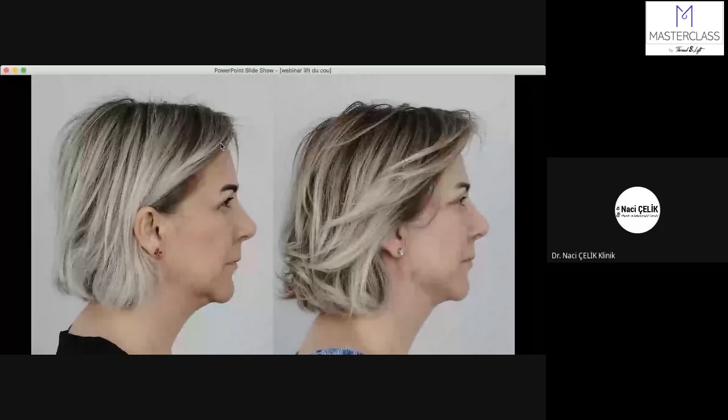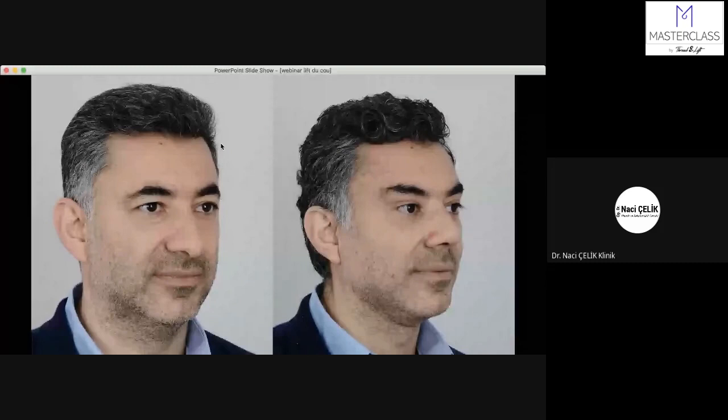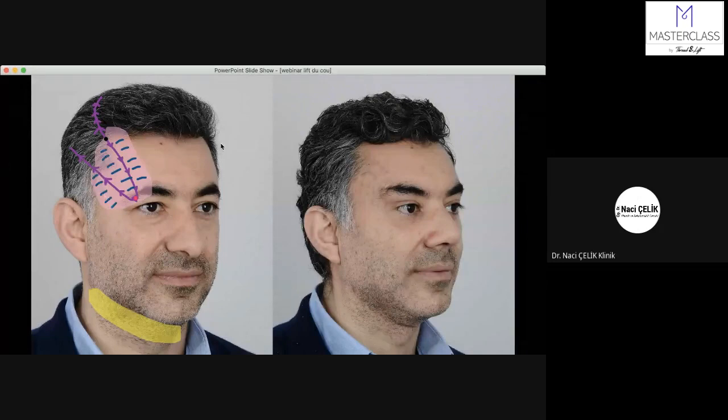And the last man before the virus, he came to my clinic for rhinoplasty, and then we decided to go for more: liposuction, gliding brow lift, one thread for the eyebrow, and these are the fixation of the glided skin over the periosteum, external sutures,